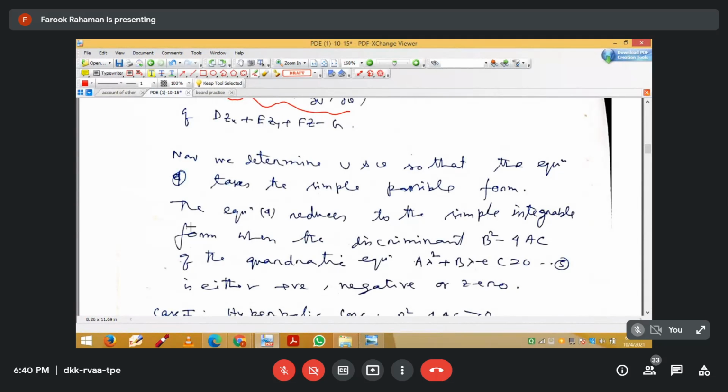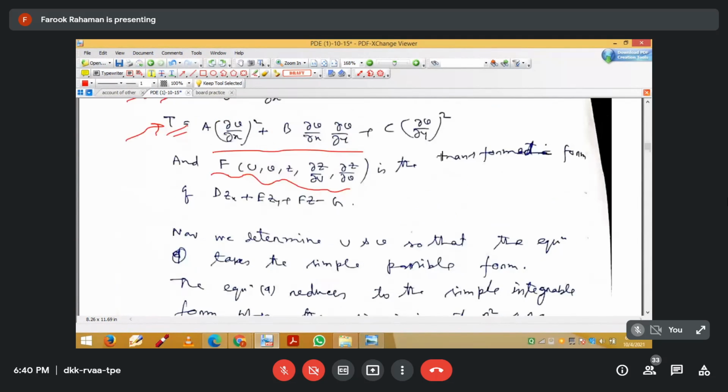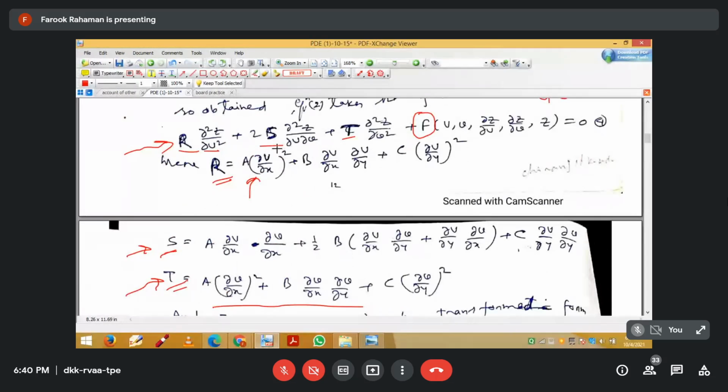Now we construct a quadratic equation, taking the coefficients R, S, and T. From this equation, we just